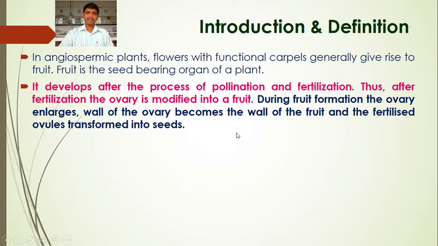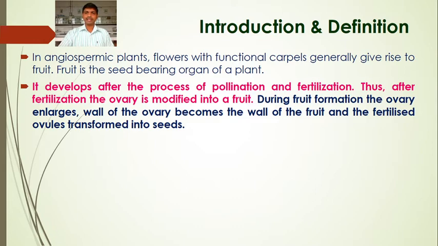Once they reach the stigma, the pollen grain germinates, meaning the pollen grain forms the pollen tube that possesses male gametes. These male gametes travel through the pollen tube, through the style of the flower, and reach the ovary. Inside the ovary there is the ovule. Inside the ovule, one male gamete fuses with the egg cell and the other male gamete fuses with the secondary polar nuclei. The fusion of male and female gametes is called fertilization.